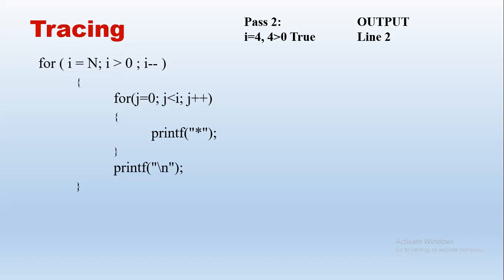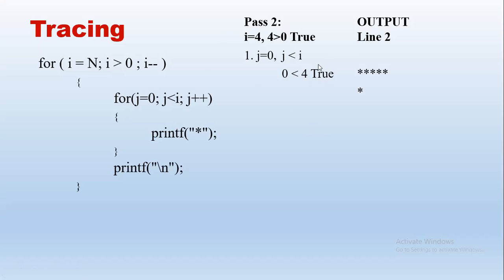j is 0. Okay, you have a message, fine. Right. So here the value of j starts from 0, right? So that is very important. We'll start from a new value. So j starts from 0. Okay, so 0 less than 4. Condition is true. Now, what is printed? So 0 less than 4, condition is true. We'll print a star.